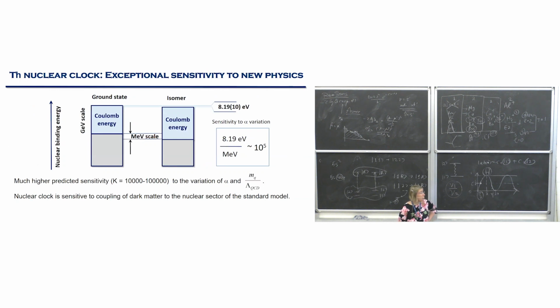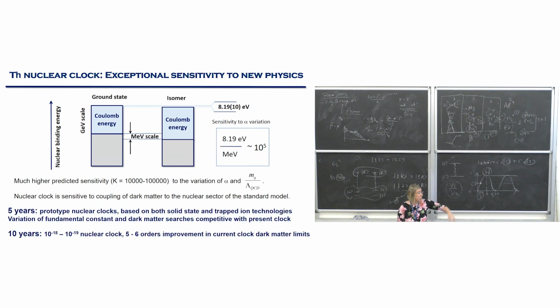So the reason why we want it built is because sensitivity to alpha variation scales as the frequency of the transition to the Coulomb energy difference. And we believe it to be on the MeV scale, because it's known that the Coulomb energy itself is on the GeV scale. So your sensitivity is automatically about 10 to the 5. And remember, the best atomic clock has sensitivity of 6, and that's at 10,000,